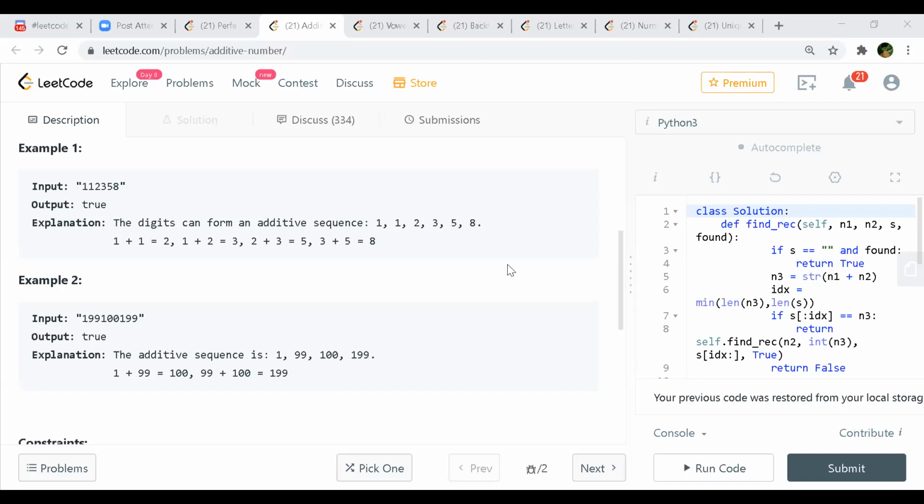Right. So let's check, start at that at least. If you see the second example, 199, if you do the 1 plus 9, the total is getting converted into the 10. It is 2 digit. So maybe then we can consider that the second number should be two digit. Yeah. Okay, 199, yeah. I am not sure it will satisfy all the conditions, but at least the second example is satisfying that condition.